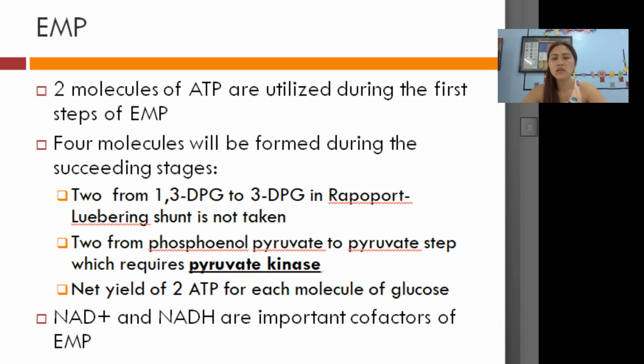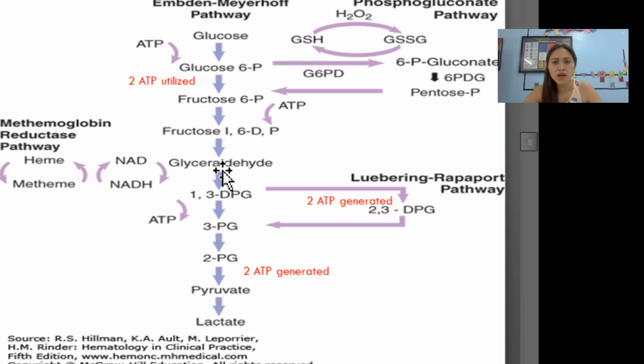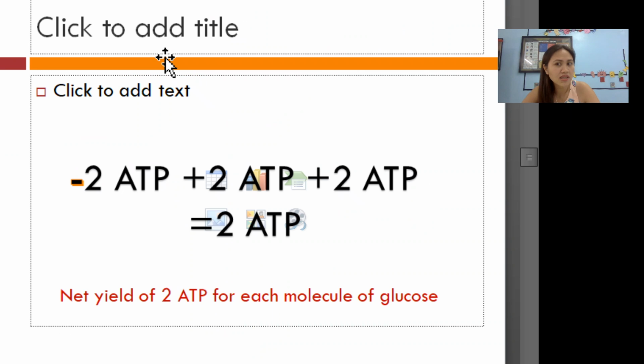So your Embden-Meyerhof pathway utilizes 2 molecules of ATP at the very beginning or first steps of Embden-Meyerhof pathway. And then there will be 4 molecules that will be formed during the preceding stages. 2 is formed from this one, ma-form siya dire, okay, during this one. So, kaya ni-utilize man siya, ni-gamit siya, ni-use. So, dire maka-generate, okay. So, -2 plus 2 equals 0. At least, naka-generate, nabawi niya ang iyang giutang na ATP. Okay, but